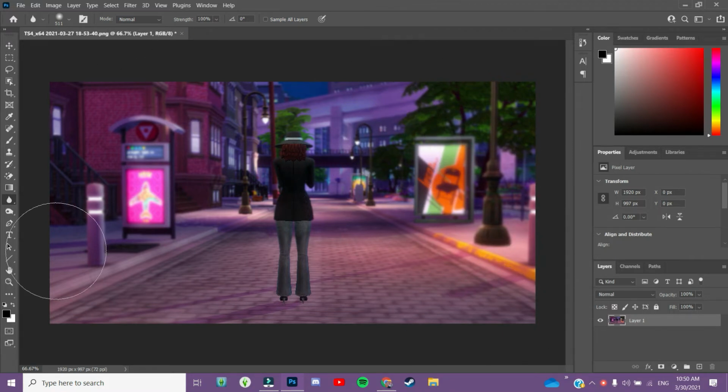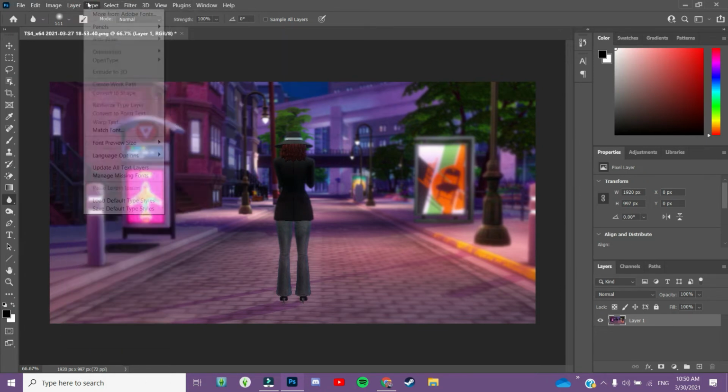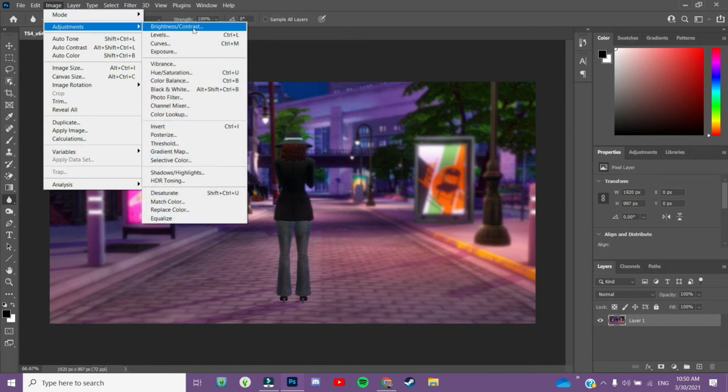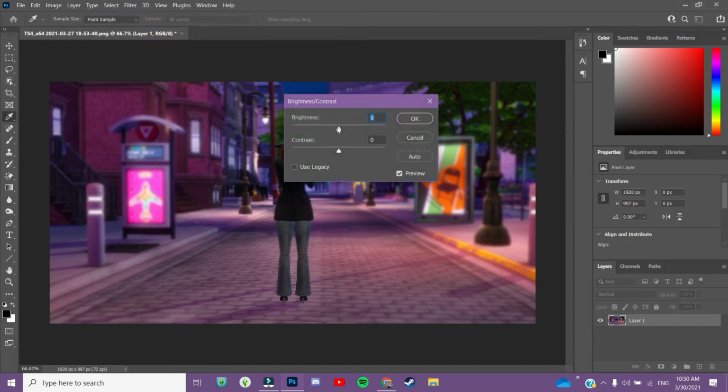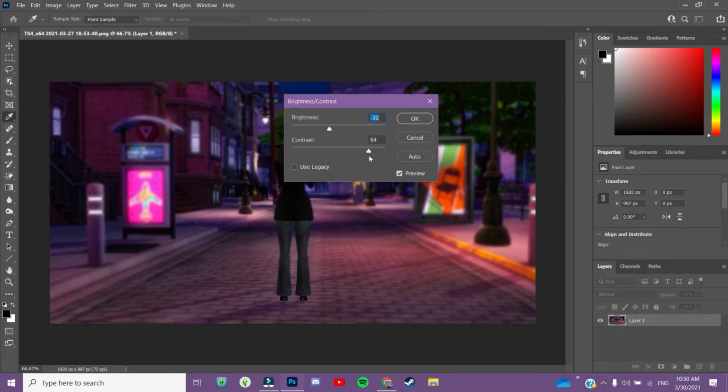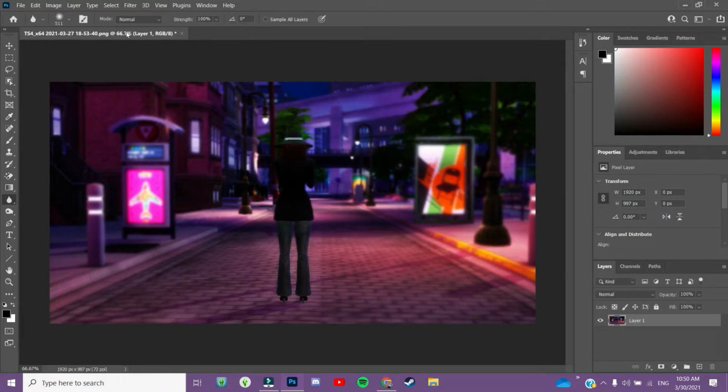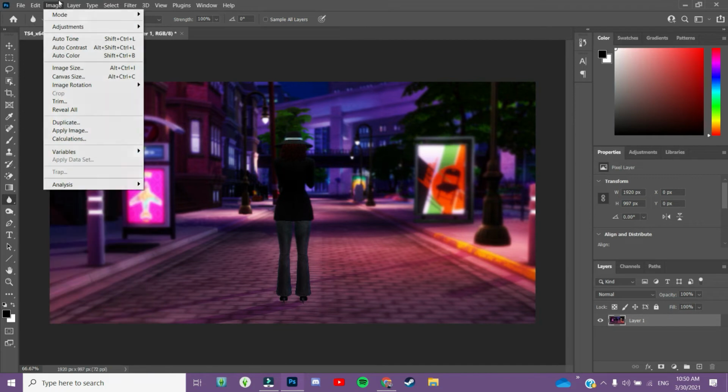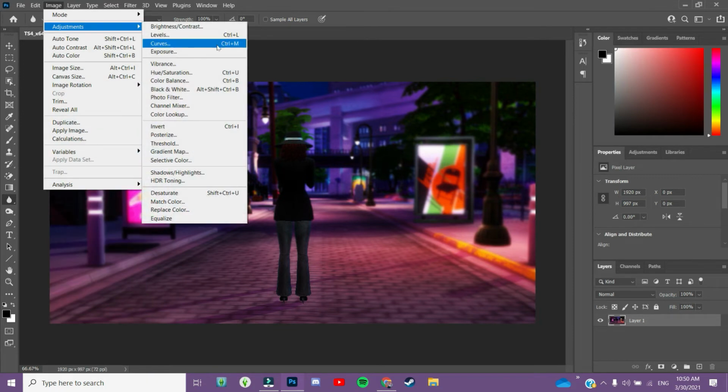I really like this screenshot. I edited this exact screenshot once on my old channel, but now we're going to go to image and then adjustments, and we're just going to go to brightness and contrast and play around with those a little bit. I like to raise the contrast a lot, and since this is a shot taken at night, I lower the brightness, just so it doesn't have that weird bland lighting that The Sims 4 has in